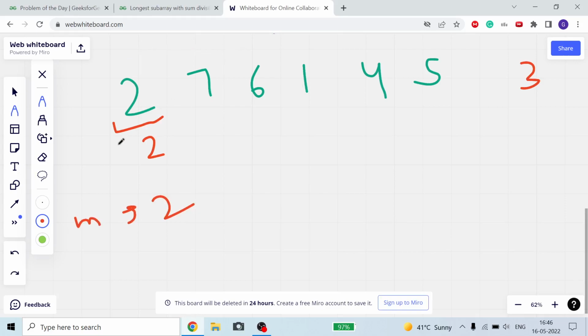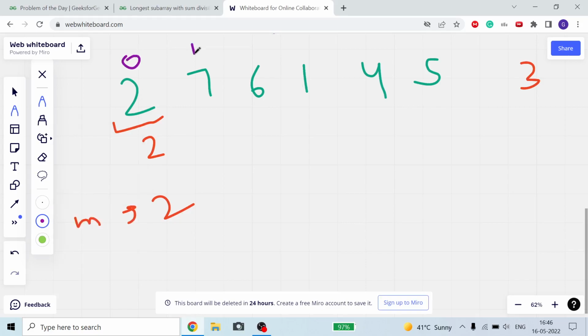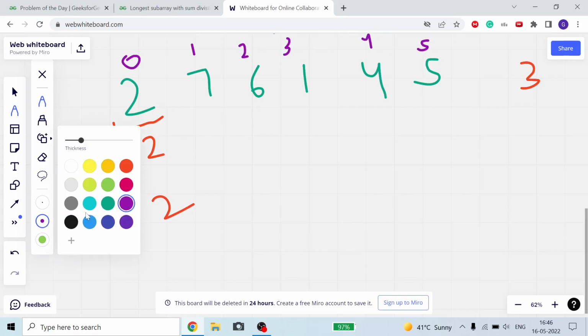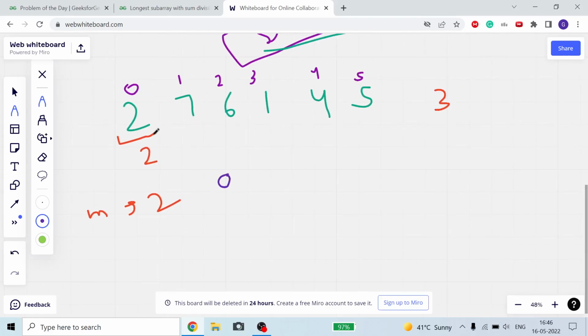The indices are 0 1 2 3 4 and 5. Now we come here, the sum is 9.